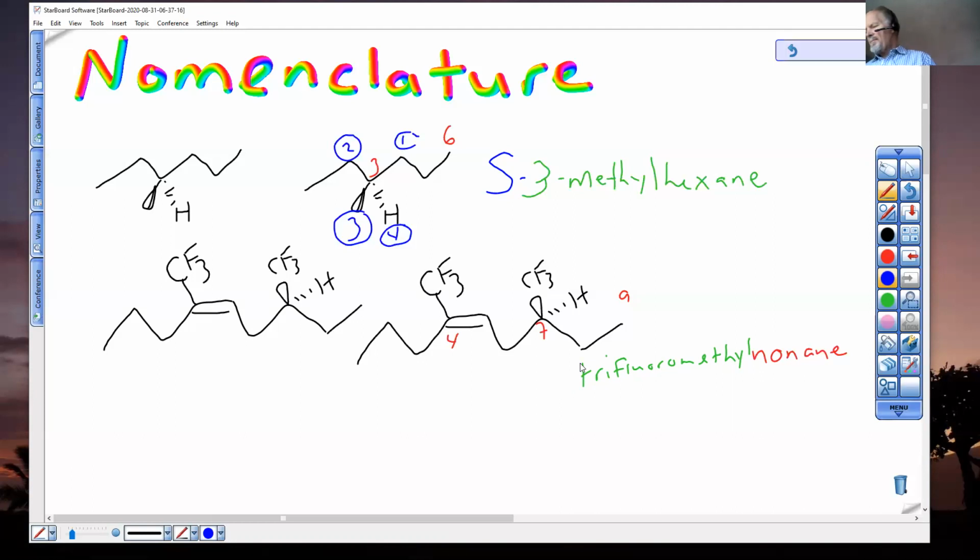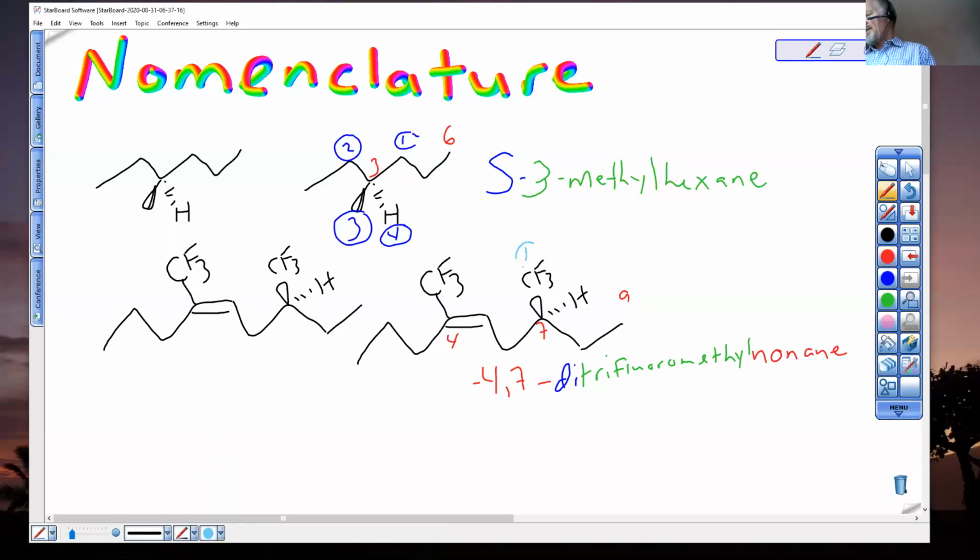That's not very nice. Ditrifluoromethyl. You have to indicate which carbon numbers in the chain have the groups. You have to indicate the stereo center has an S